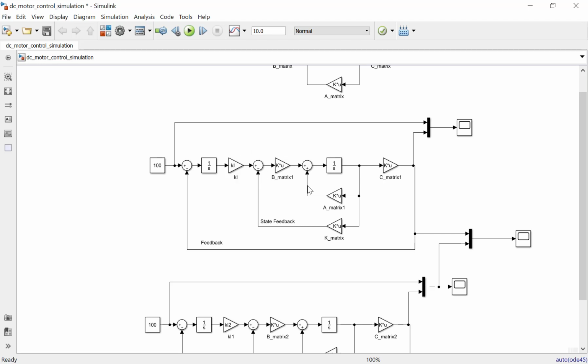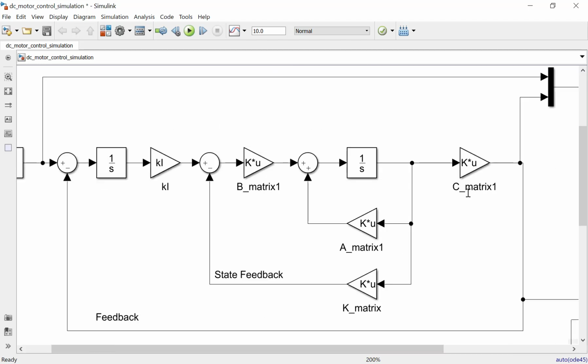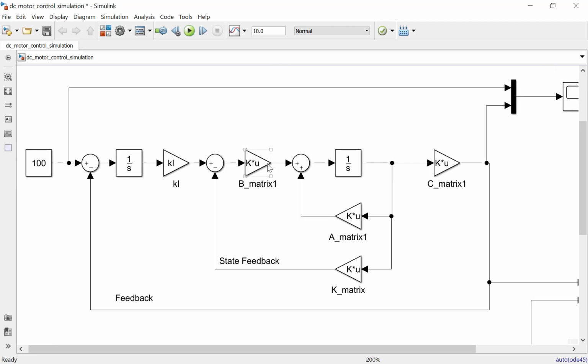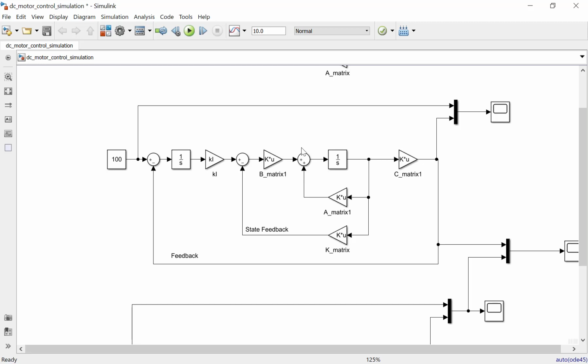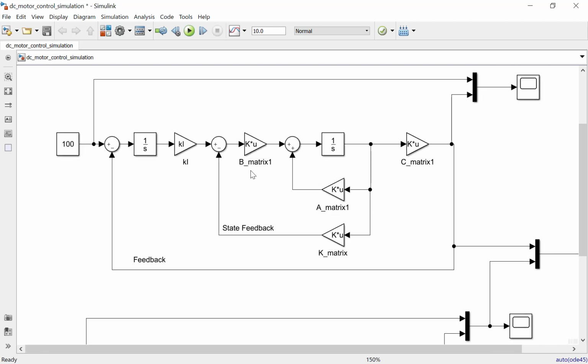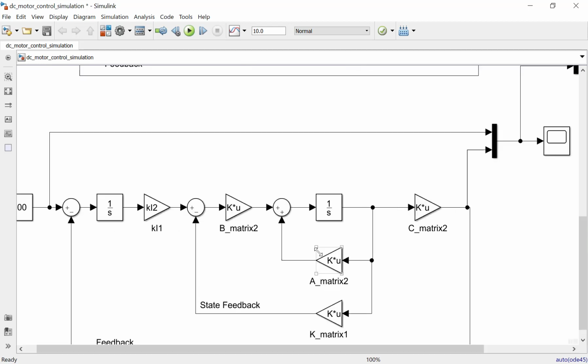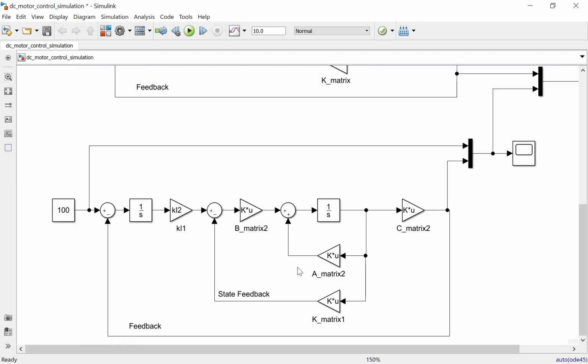So there are the A matrix, the B matrix, and also the C matrix here. I want to compare the full state feedback tuned by pole placement and the full state feedback tuned by LQR.